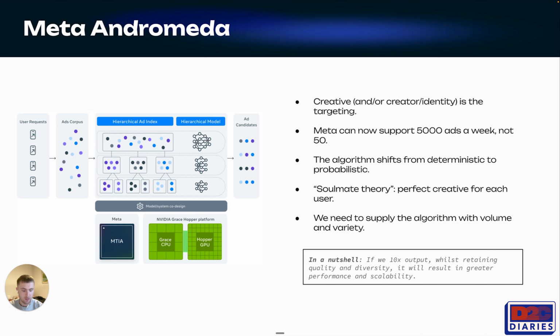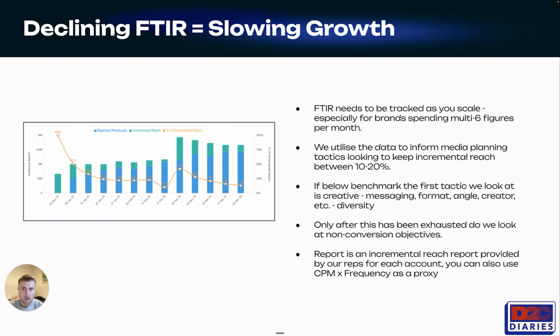brands whilst retaining that. One of the biggest problems we see is declining first time impression ratio as a brand scales. Especially for brands spending multi six figures per month on platform, we see that if they're not tracking and keeping first time impression ratio or incremental reach as a KPI within their reporting, this will naturally decline over time. So we really want to use this as a KPI, and it's almost like a leading indicator of